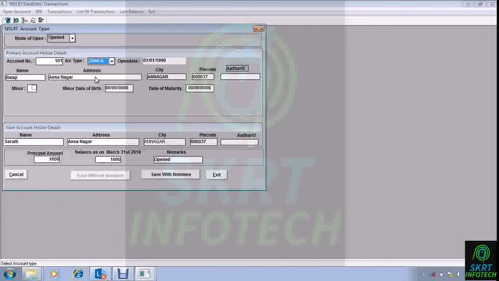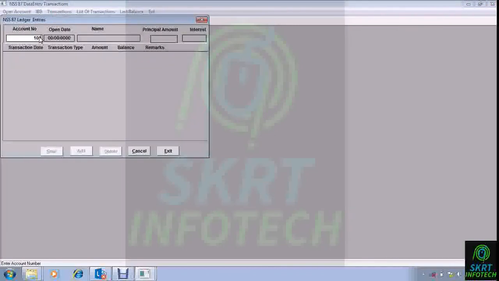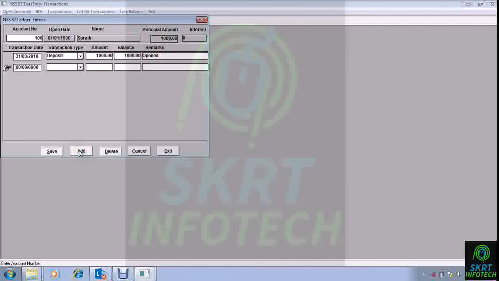We'll now proceed to the transactions. Okay. Now transactions, you can exit. You can enter the transaction for any number, like 100. You can tab it. It will give an auto deposit entry. Do not edit this deposit entry. All you have to do is go to add and add as many transactions as there are from 2010 March. Even if it is in April 2010, you have to add it completely till whatever date you have data for.